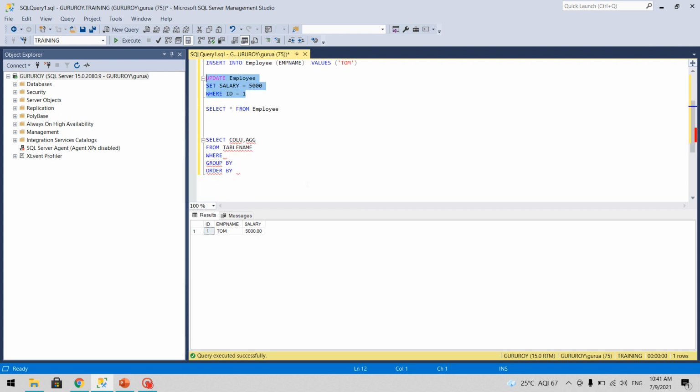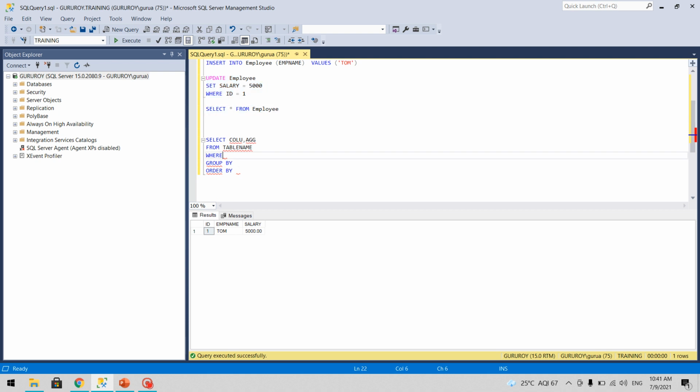We have learnt about DDL statements, that is creating a database, dropping a database, creating a table, inserting data into a table, dropping a table, altering a table column, updating a specific row in a table, and then querying the table.